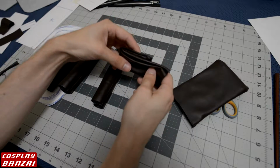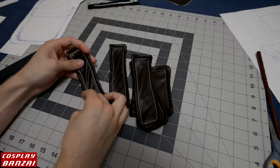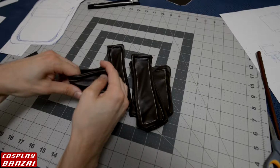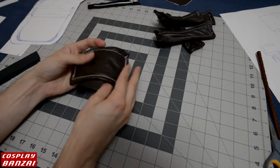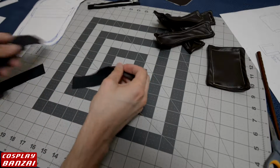They're just basically loops. Got these pieces done. They look pretty bad, but I was just trying to do them quick. Not going to see too much of them, because it'll be just a loop type deal. And then this is the back strap piece. And for the front design,